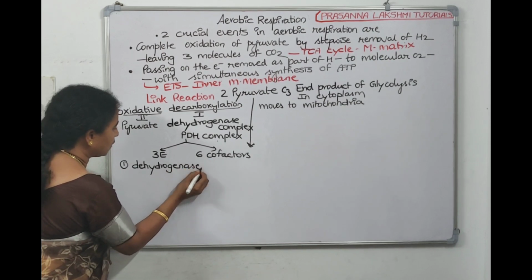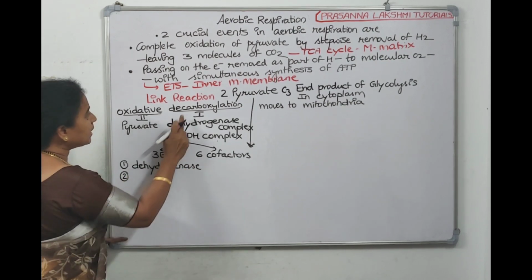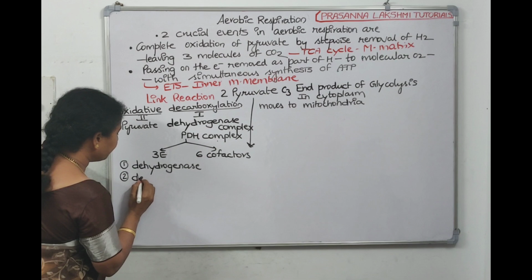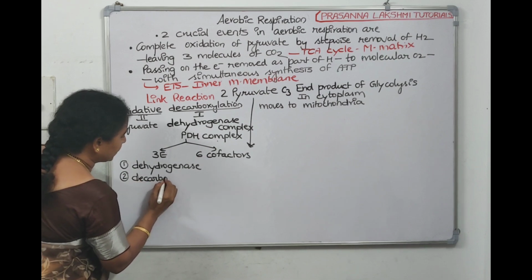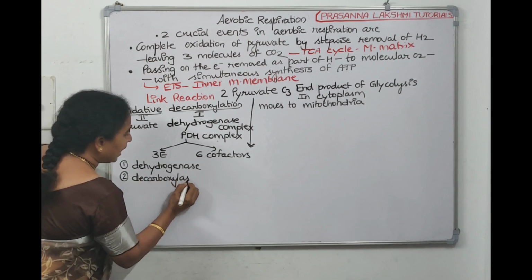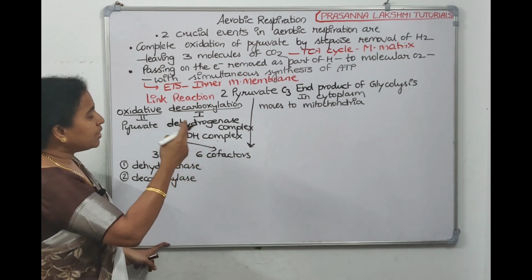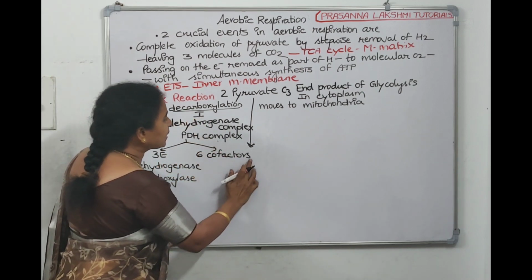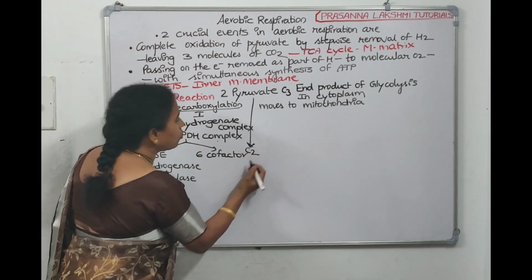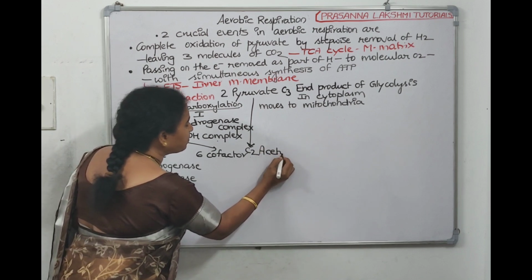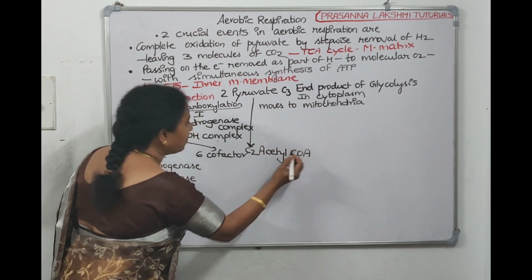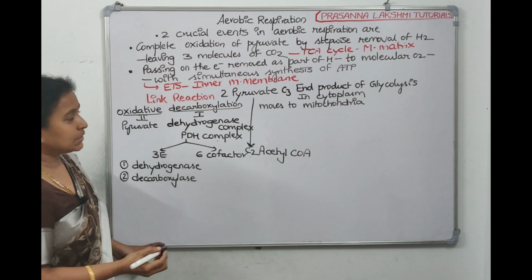Removal of hydrogens is an oxidation reaction. The second enzyme will be decarboxylase. And since a 3-carbon pyruvic acid gets converted to a 2-carbon compound called acetyl-CoA,